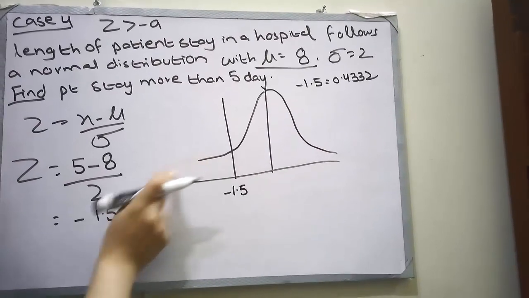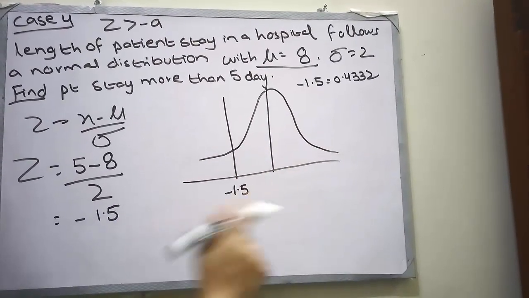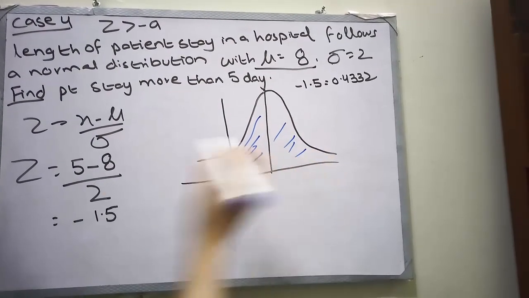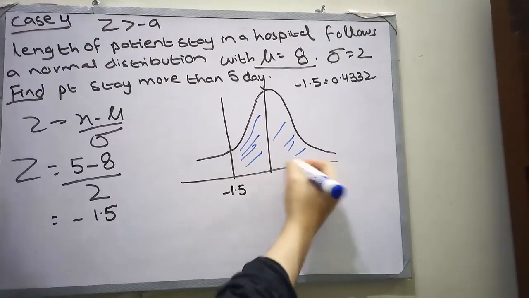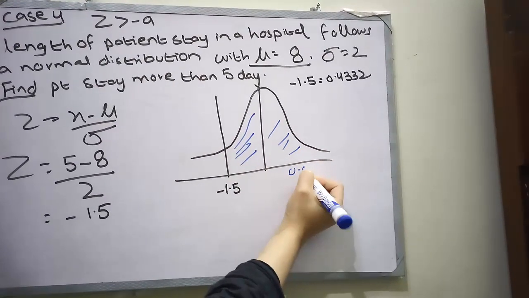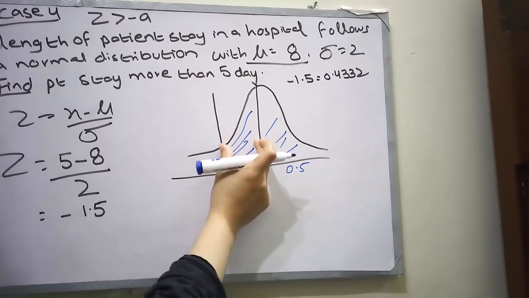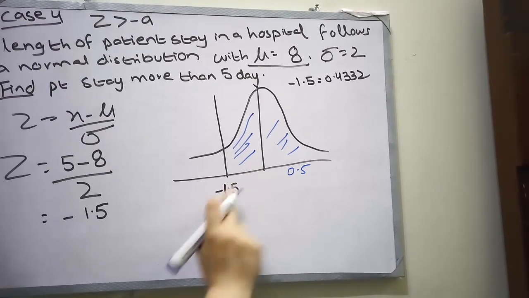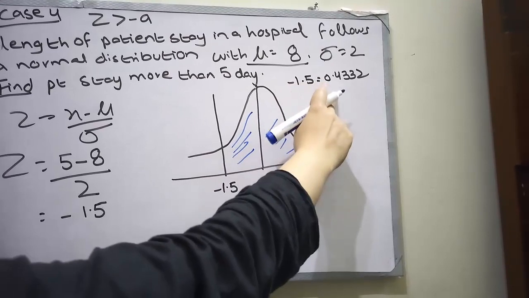It's not less than, it is greater than this, which means we have to find this whole area and this whole area. As we have discussed earlier, this half area is 0.5 and this area we can get from the graph, or it would be given in the question. So for 1.5, the value is given